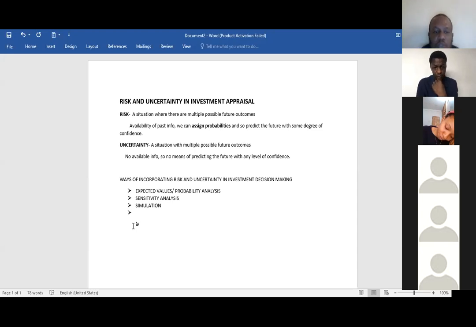So expected value. Expected value is probability of an outcome. Okay, the summation